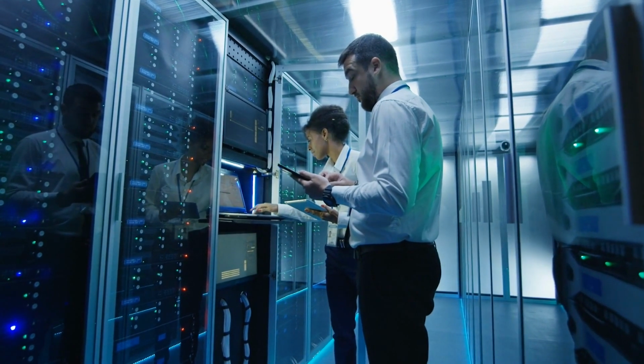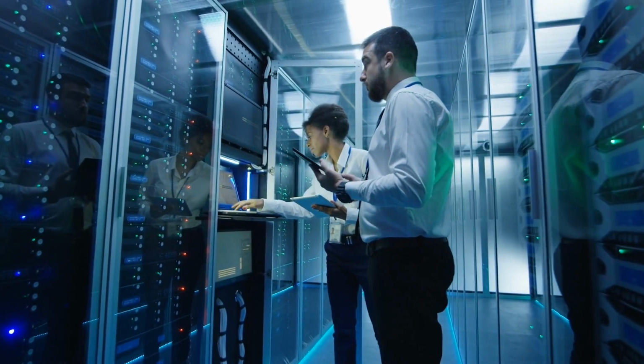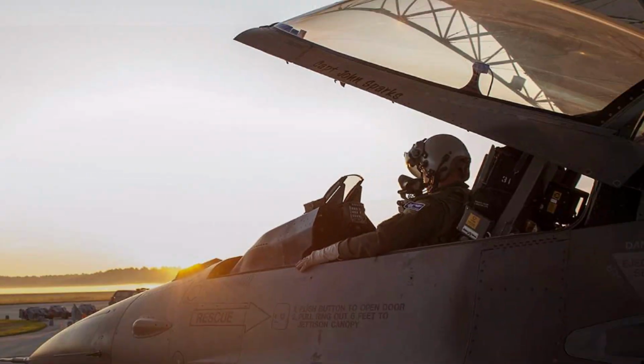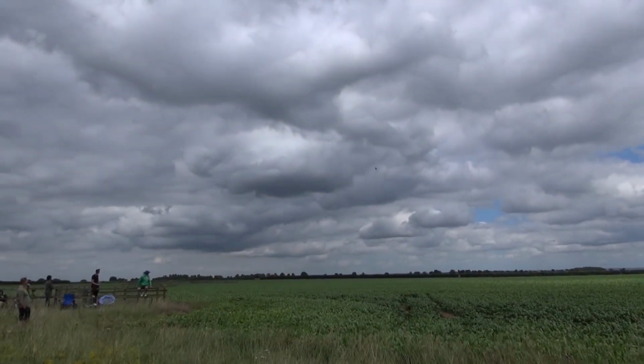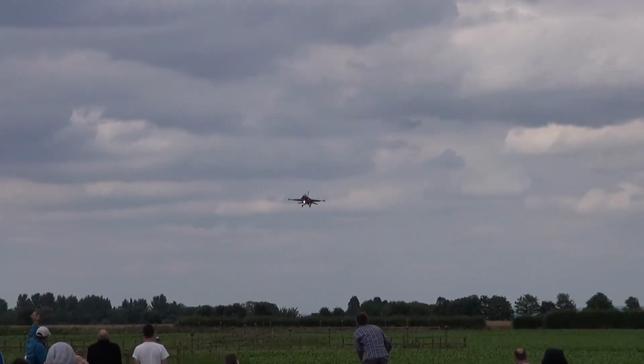company that specializes in developing products for the Department of Defense and commercial purposes. He has had an illustrious career in the United States Air Force that spanned over 30 years and 6 continents. During his tenure, he held various roles, including serving as an F-16 instructor pilot, and his most recent position as